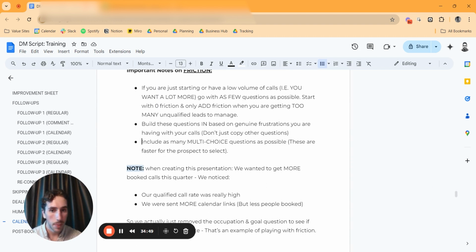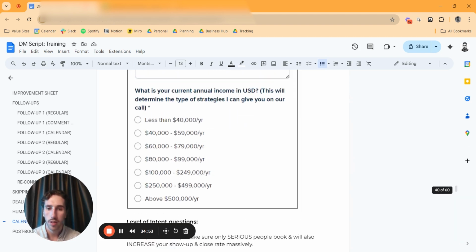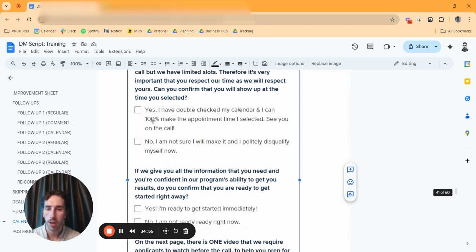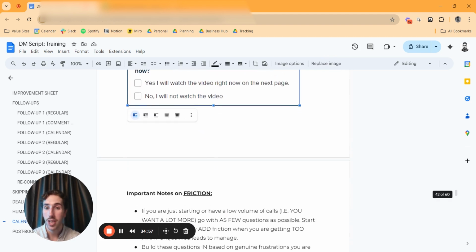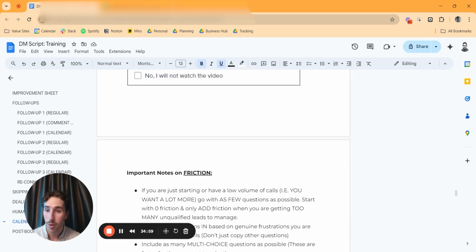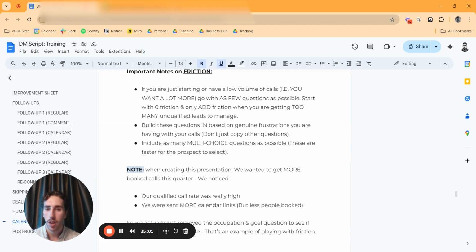Next is include as many multi-choice questions as possible. So for example, these ones right here, where they can just tick a box or tick a button. If you can make your entire calendar page just ticking box questions, then do it, because it saves a